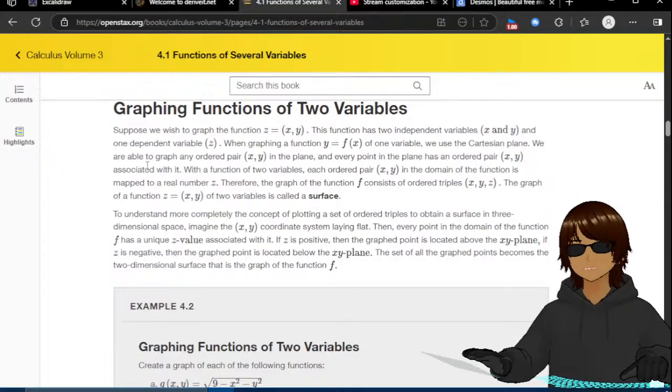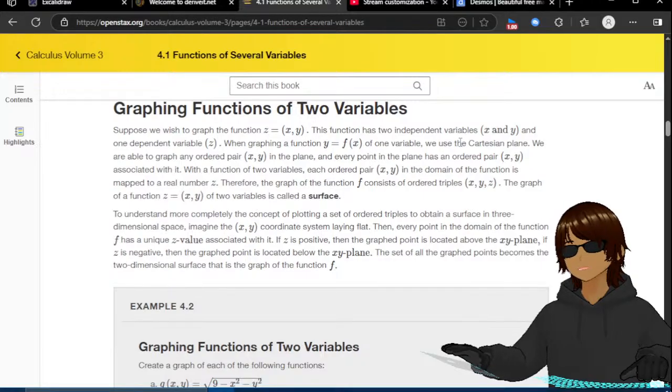Suppose we wish to graph the function z is equal to f of x, y. This function has two independent variables, x and y, and one dependent variable. When graphing a function y is equal to f of x of one variable, we use the Cartesian plane. We are able to graph any ordered pair in the plane, and every point in the plane has an ordered pair associated with it. With a function of two variables, each ordered pair in the domain of the function is